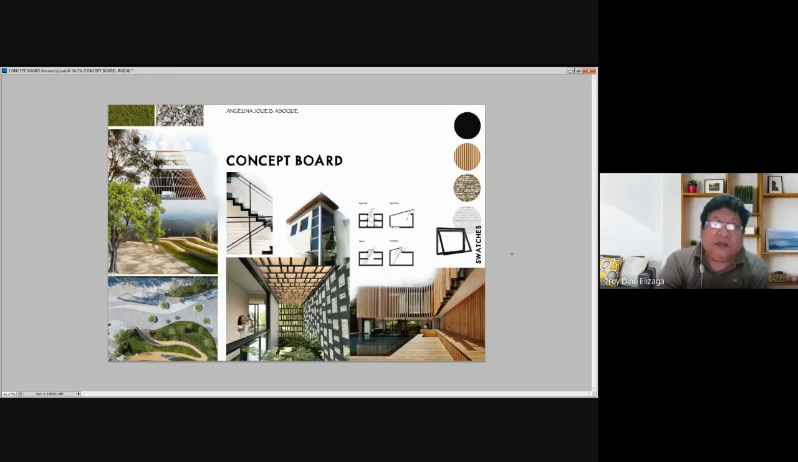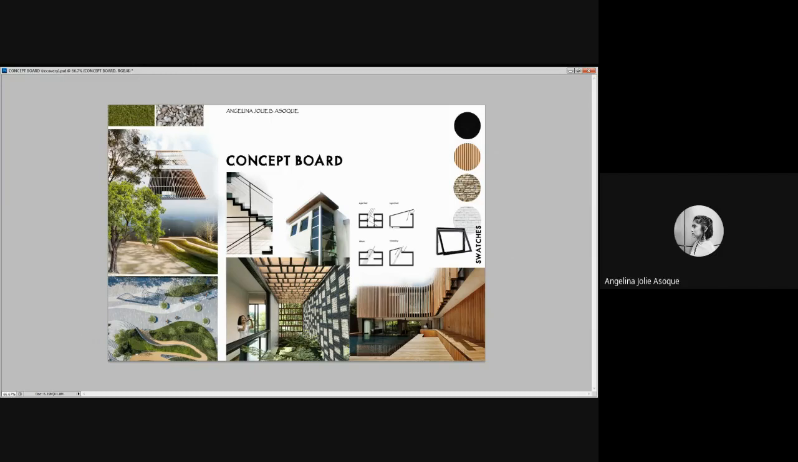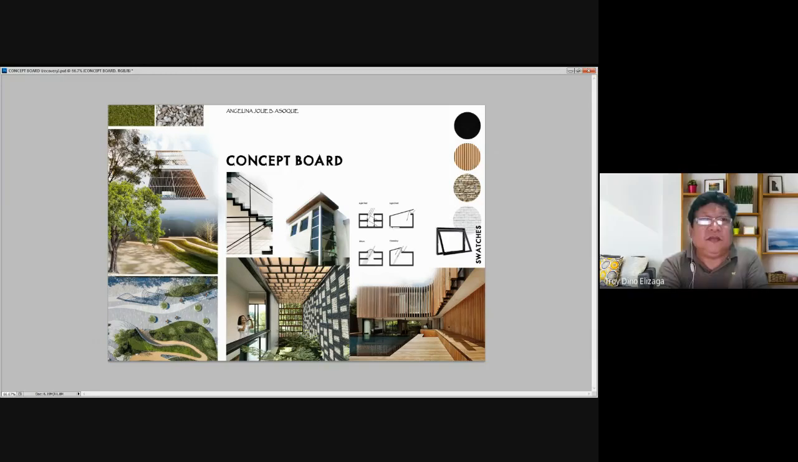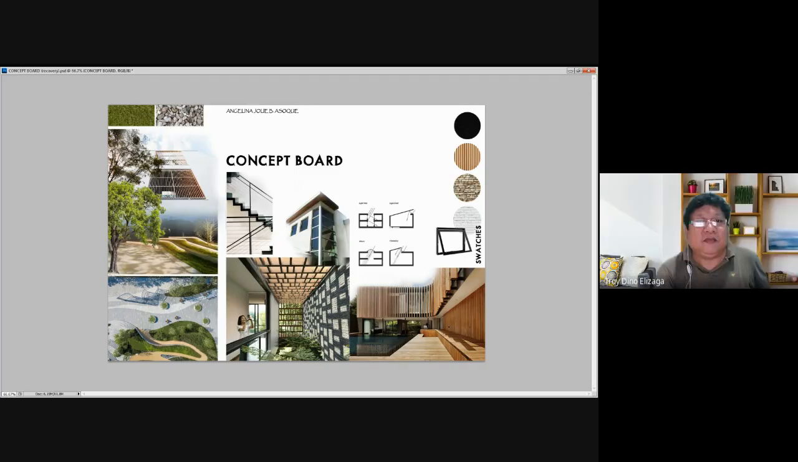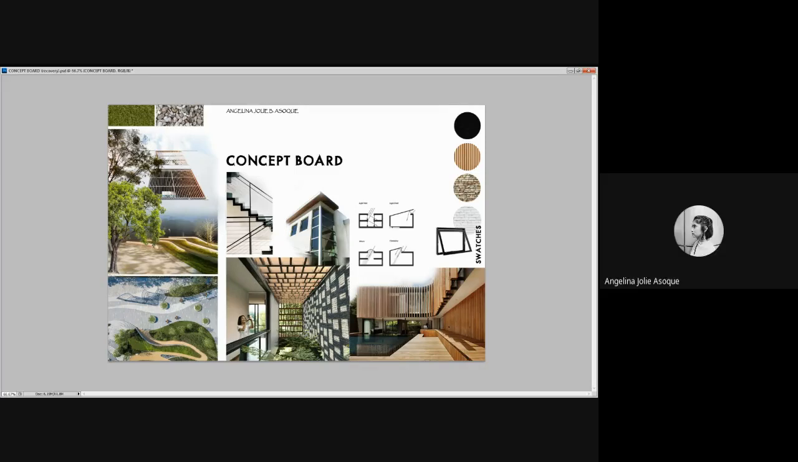I wanted to integrate daylight as much as possible indoors. So I need to integrate it without compromising the thermal comfort of the users or the residents. Light reflects off white surfaces. And then another solution to minimize the glare and heat gain is